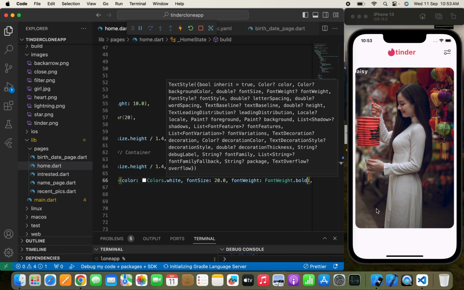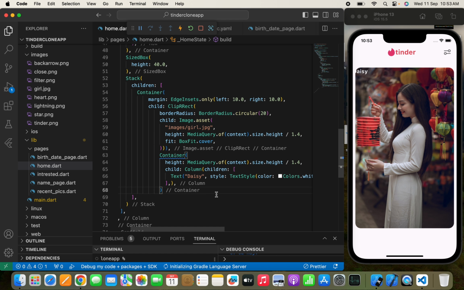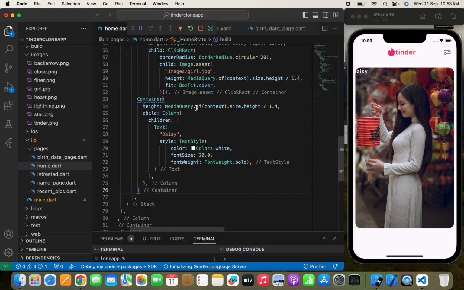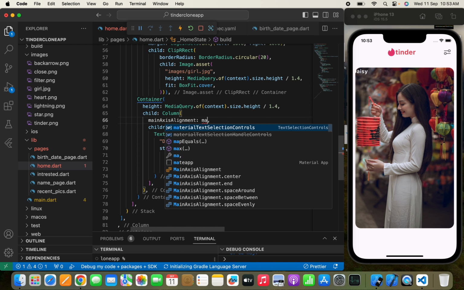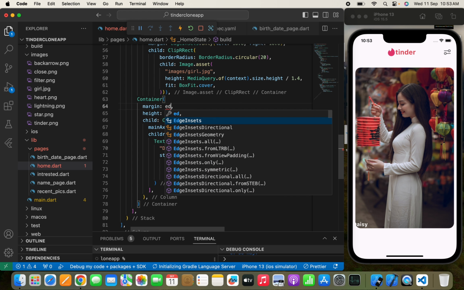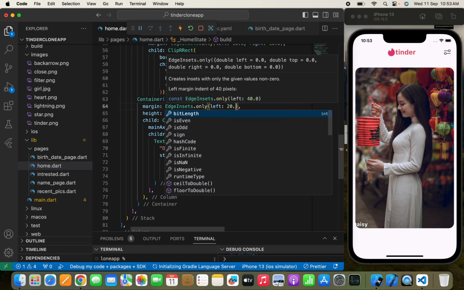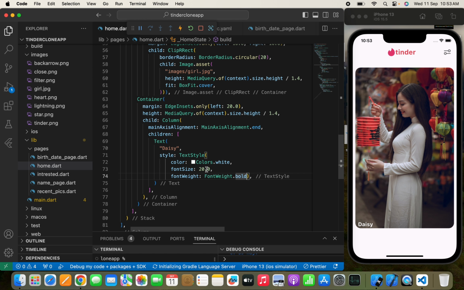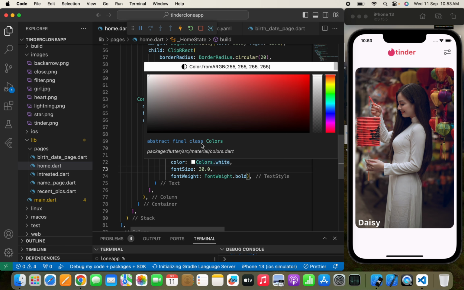And here you can see the name, but I need something over here, so I will do one thing. I will simply pass main axis alignment dot end, and it will come over here. But when I add some more text widgets over here, it will simply move the name over here. So I need to first pass a margin so that I can see this name clearly. So here I need to first pass a margin, EdgeInsets dot only from the left, which will be 20.0, and here I need to first increase this text, which is Daisy, and here after this I need